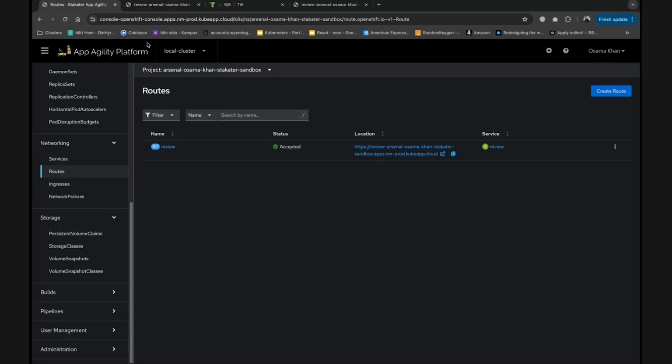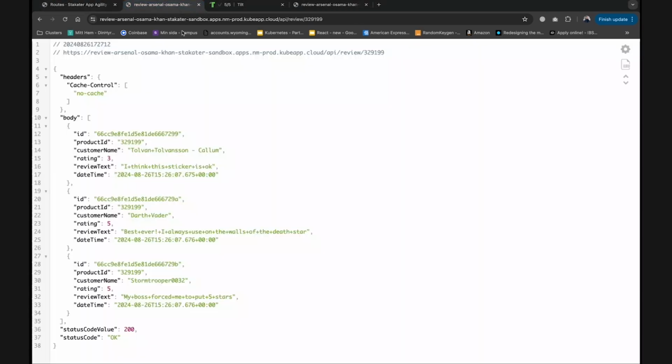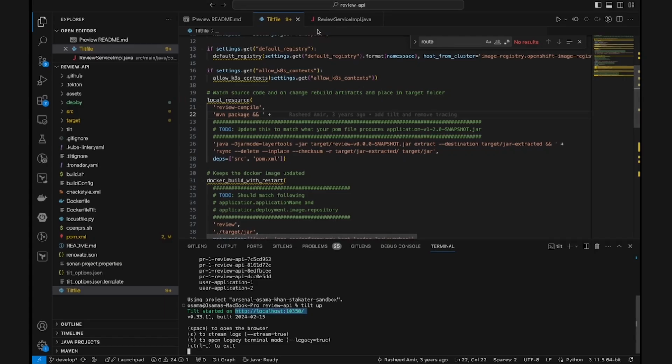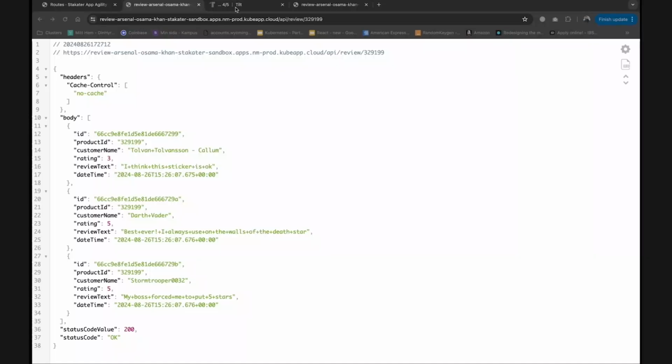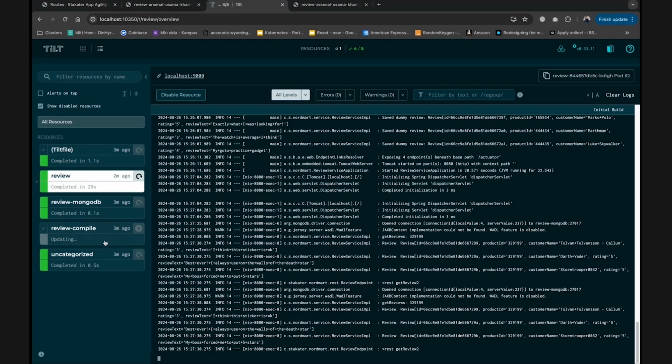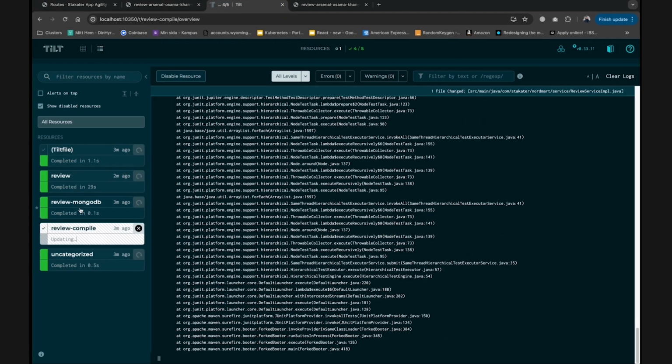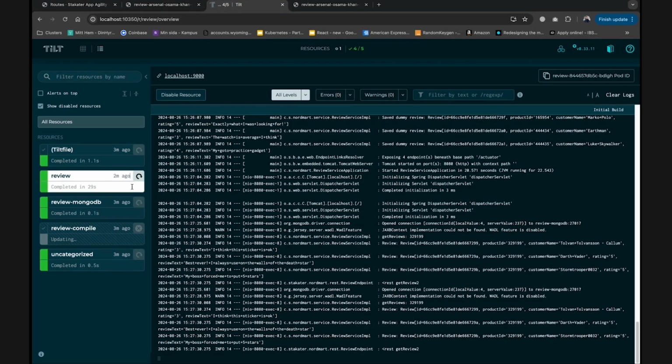So now what I can do is I'll go back to my application and let's make some changes in the data and let's see if that reflects in my application. So let me change the name. Let me just say Osama plus Khan, and now I will just save this file, and tilt will start redeploying, recompiling the application, and deploying it again. So yeah, let's wait for tilt to compile this,